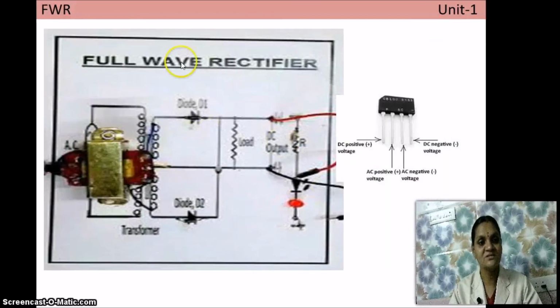If the LED is glowing, this is a perfect half wave rectifier circuit. Like this, we can also try full wave rectifier circuits. Again, one transformer, and instead of one diode, here you have to use two diodes, a load resistance RL and one LED. Connect as per the circuit connections we have discussed earlier and try, and it will work out nicely. By doing this, you will get practical experience of constructing a rectifier circuit. This will be very useful for your projects in fabricating power supplies. I hope these things will be very useful for you.